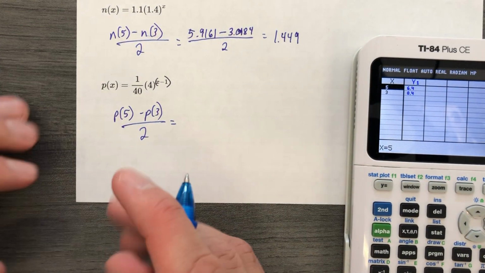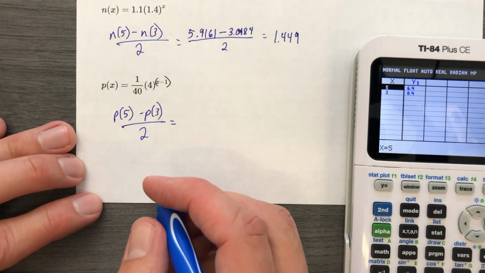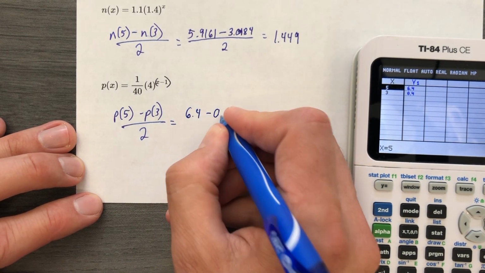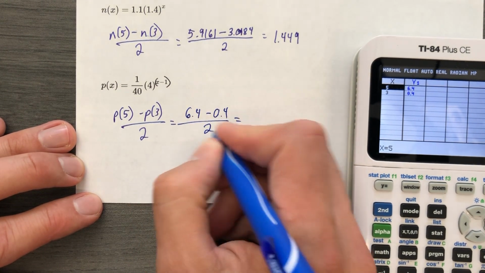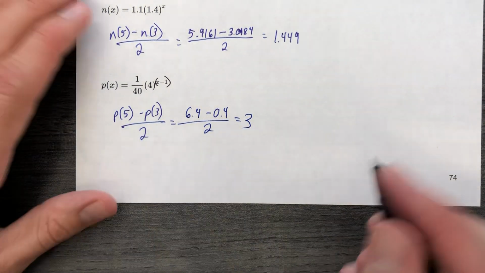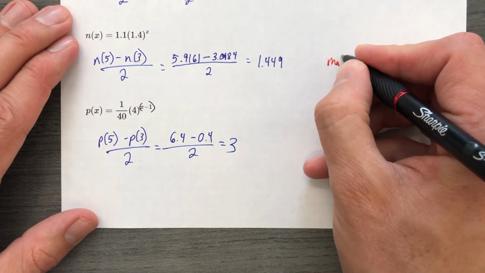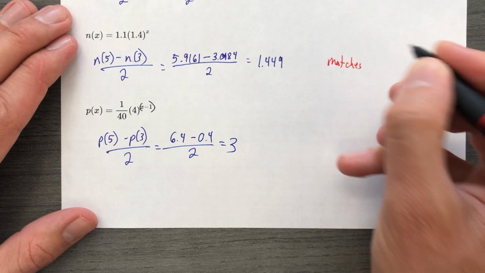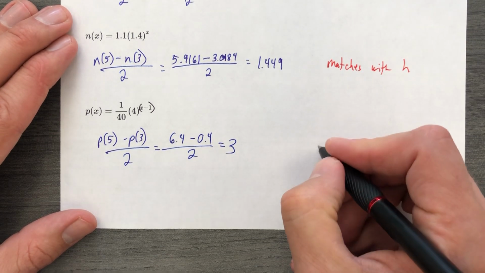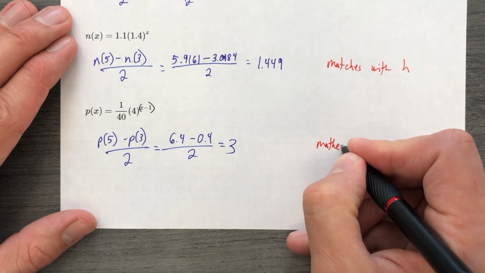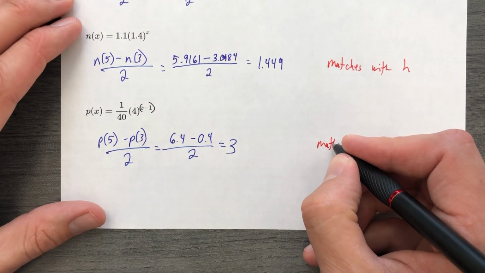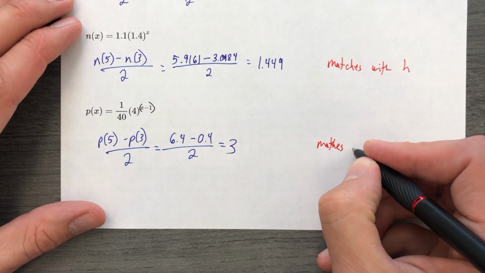Oh, I know what this one's going to be: 6.4 minus 0.4. It's going to give me 6 over 2, which is 3. Sure enough, this one matches with f. We have found them all. This one does not match perfectly, but it is close. Matches with h, and this matches with, well, let's squeeze a C in there. Matches with